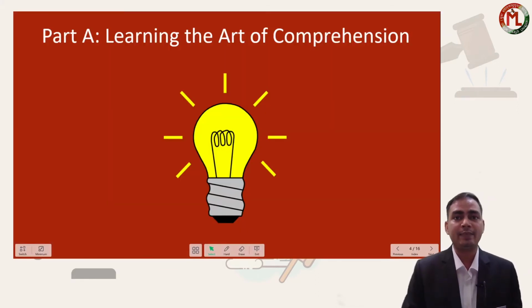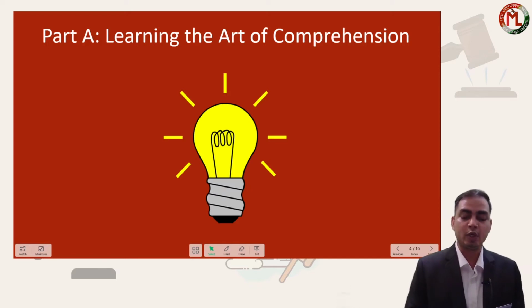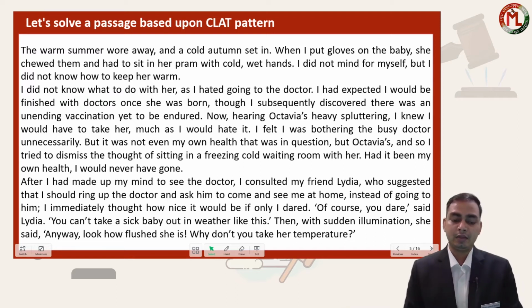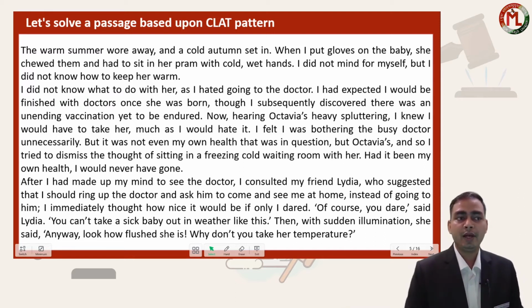Alright, so let us understand Part A, which is totally based upon the CLAT new pattern comprehension based tests. In this section, as you know, there will be a passage of around 450 words wherein you will be given 5 questions to answer. To answer that, you will have two options. Either you can read the passage first and then solve the questions. But what I recommend is first go through the questions and then come to the passage. In that way, you will be focused upon what you need to answer.